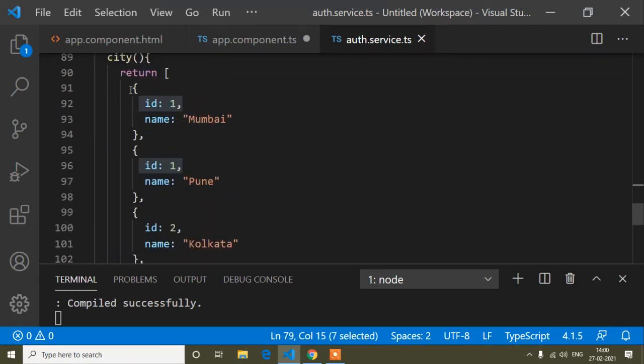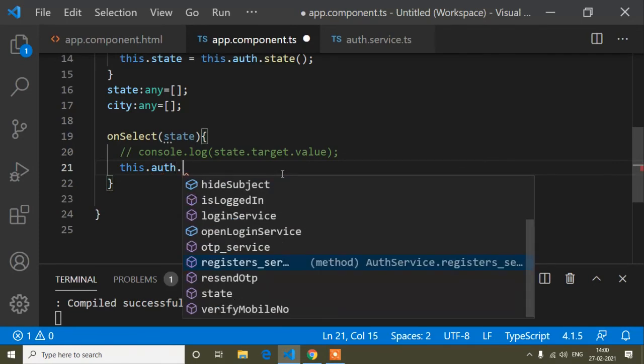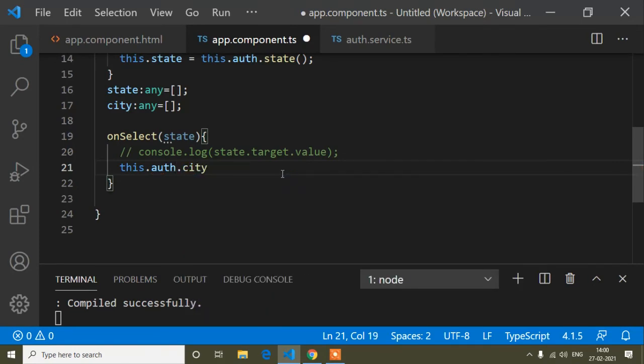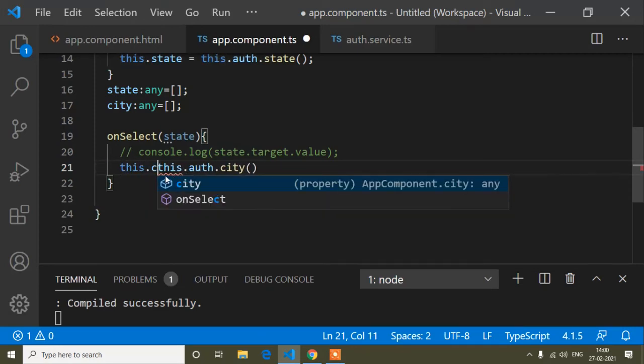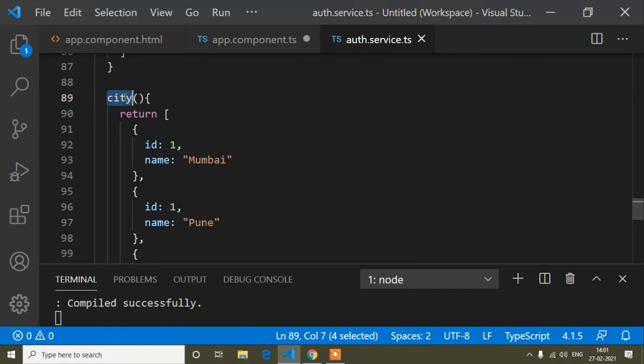We can do it this way: this.auth.city. First of all, inside this city variable, I store this.auth.city, that means this one.